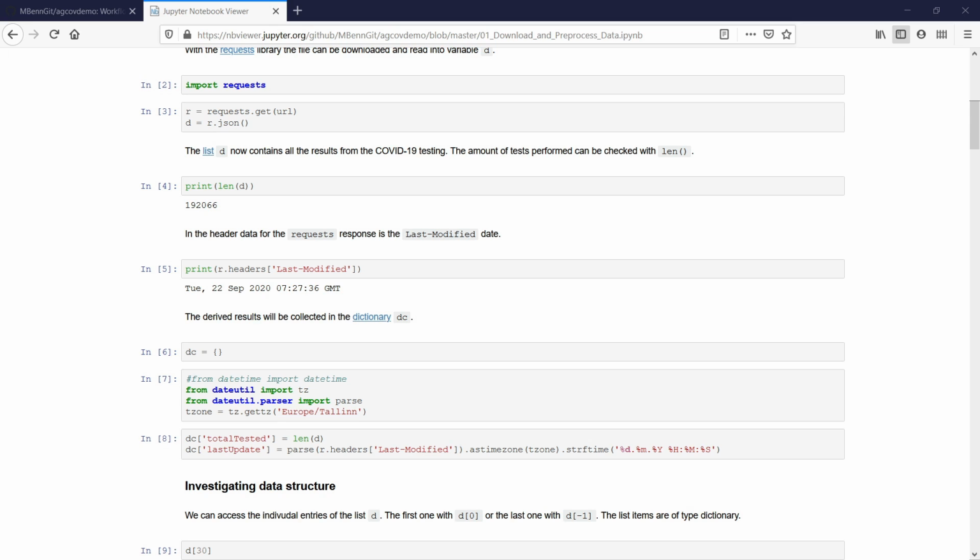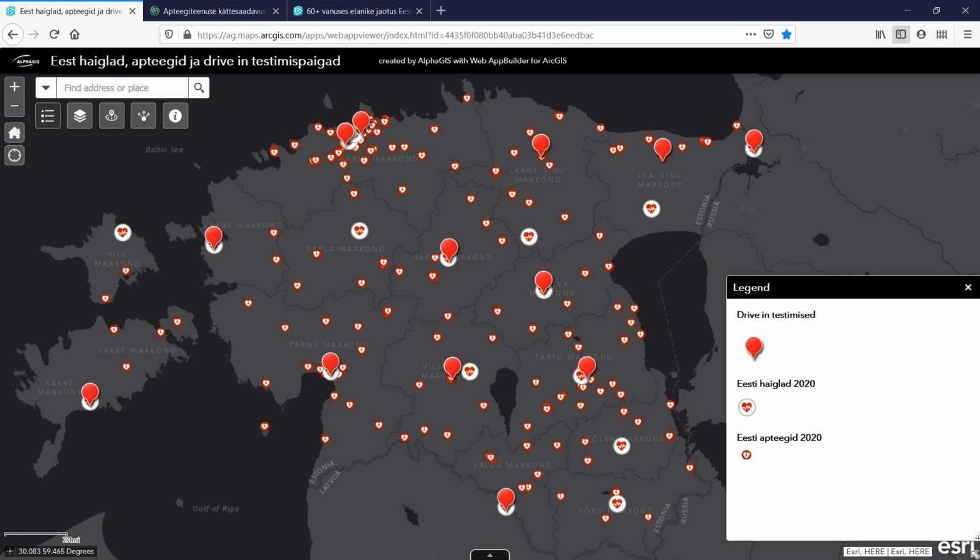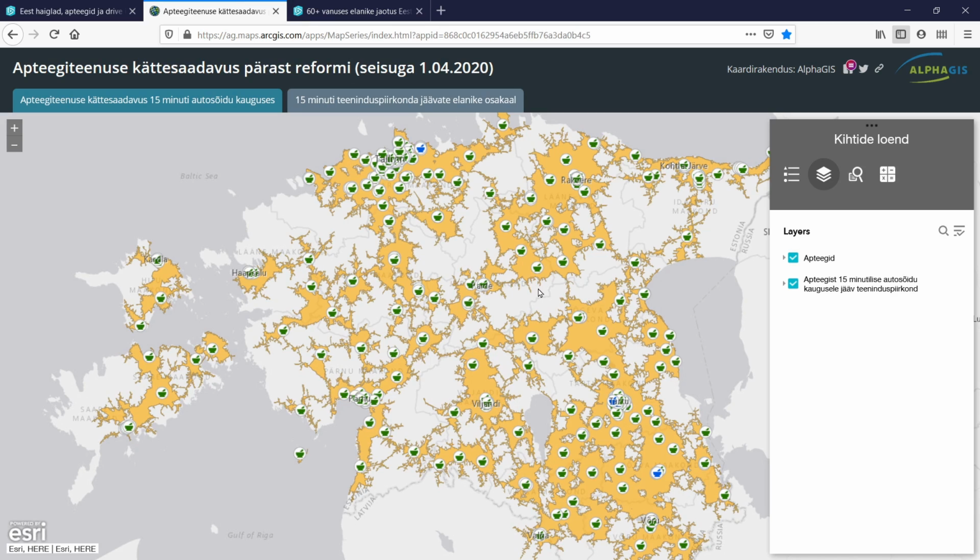As it is not only important to know how and where the virus spread, we created maps for users to find crucial information. We aggregated the necessary information on this map. Here you can find where is the next pharmacy, hospital, or drive-in testing site. For users and decision makers, it is also important to know how far away people are living from the next facility. This we did with this drive time analysis.